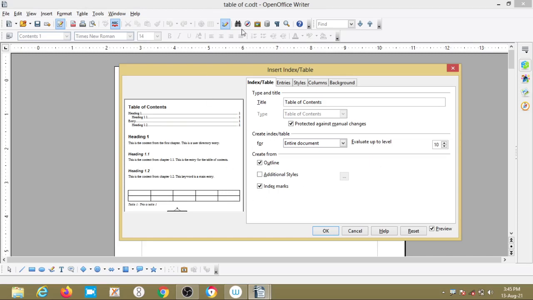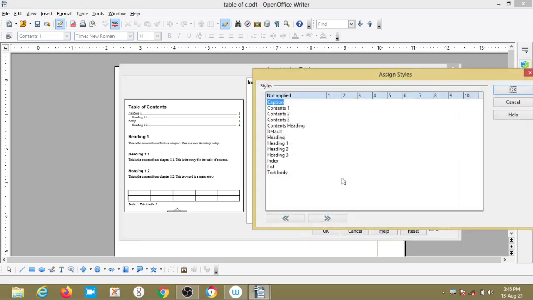okay. So in this if I want to select additional styles, so go here, select contents, move on to the, okay, right.